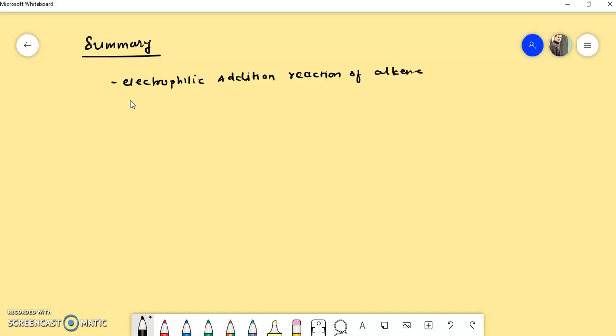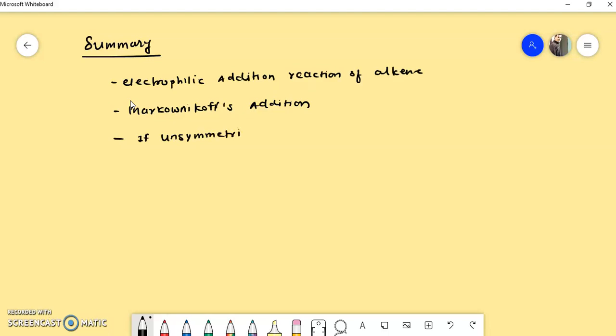So electrophilic addition of alkene is also called Markovnikov addition. According to Markovnikov addition, if an unsymmetrical